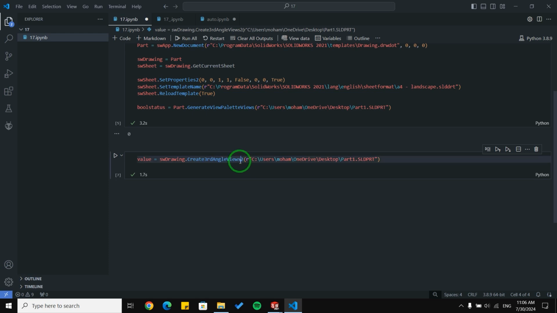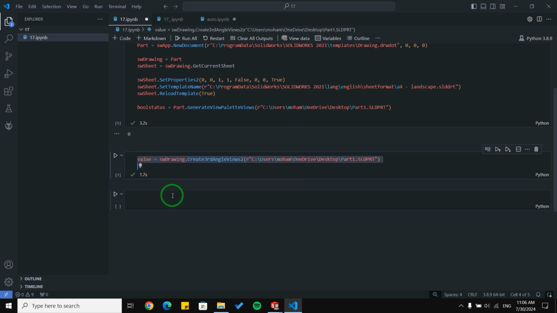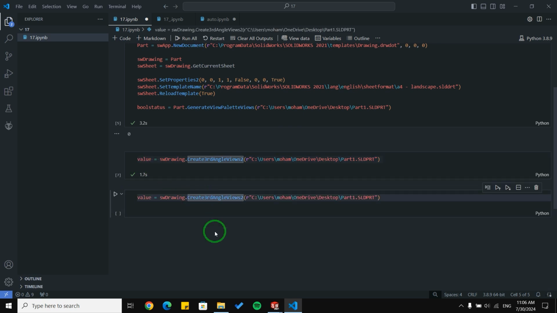And this is the third angle view. We have something called first angle view. Some countries use third angle view, and some countries use first angle view. I'm going to show you the first angle view too, and for that I'm going to just simply copy this one and say first angle.